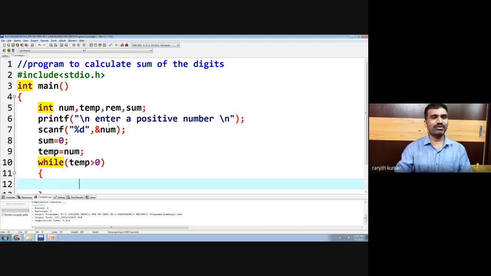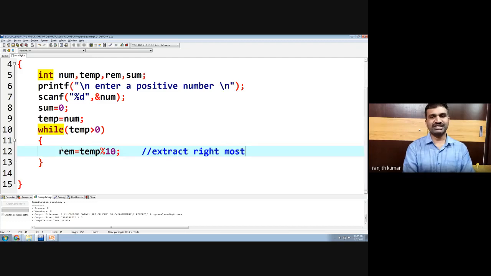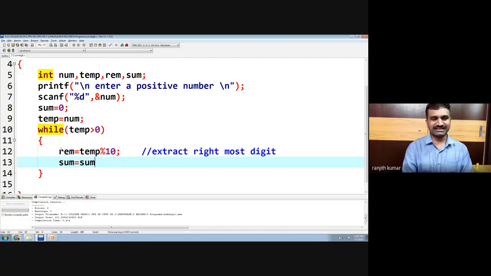Then the first important step is what? Extract the digit. How will you extract the digit? temp mod 10. This will extract the rightmost digit, and we store it in a temporary variable. Then we add it to the sum because we want to calculate the sum of the digits.